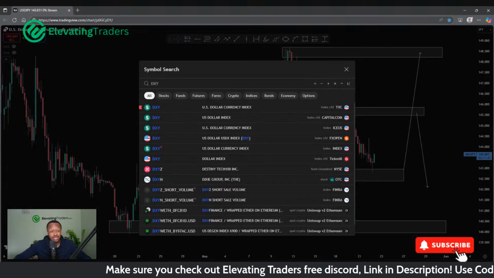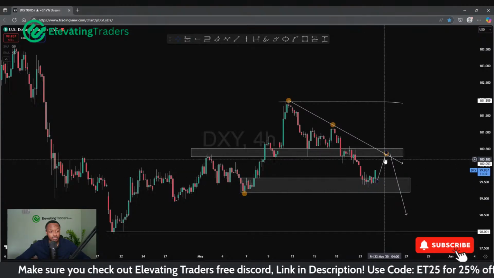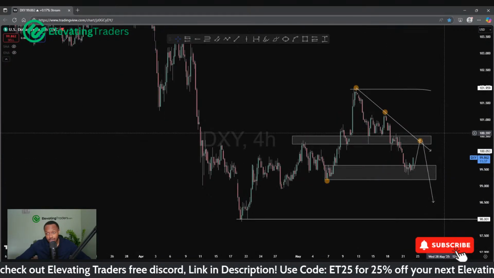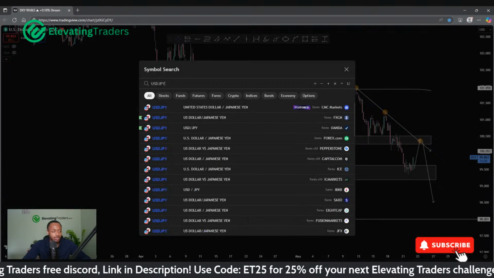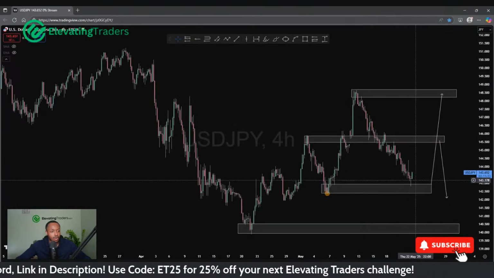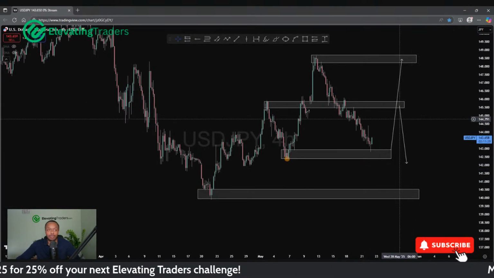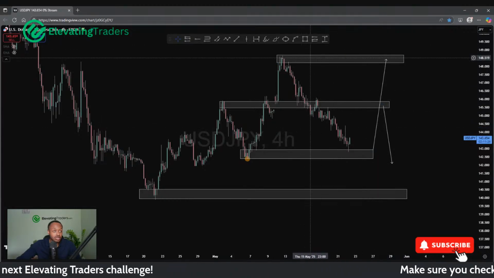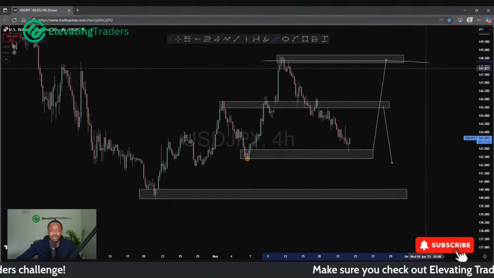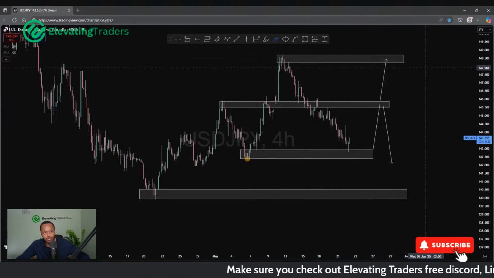I'm just basically looking for a pullback for us to continue falling. That kind of is the same situation with dollar yen now as well. I'm looking for a pullback for that one to potentially continue falling. If I was the trader, I'd probably still leave positions to run just in case we do get back to the highs, because again, as a trader, you're not to know what the market's going to do.